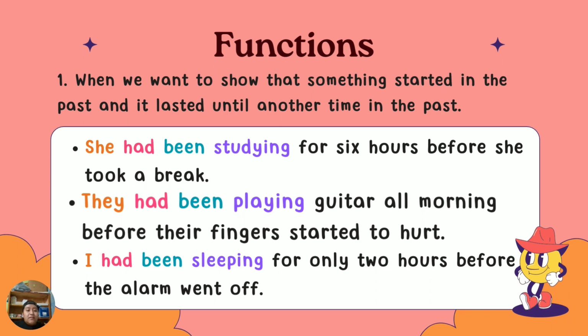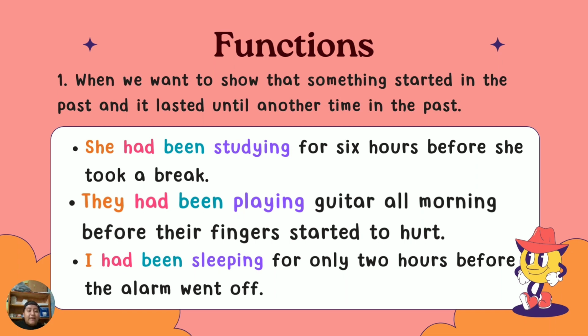She is the subject, the auxiliary verbs had been, the main verb with the ing termination studying, and the complement. Next example, they had been playing guitar all morning before their fingers started to hurt. Their fingers started to hurt, but before this, they had been playing guitar all morning. They is the subject, had been the auxiliary verbs, and playing the main verb with the ing termination, and the